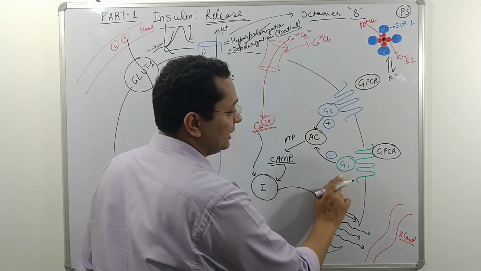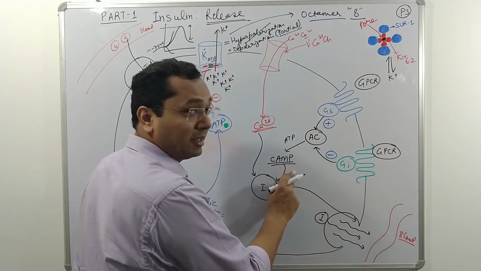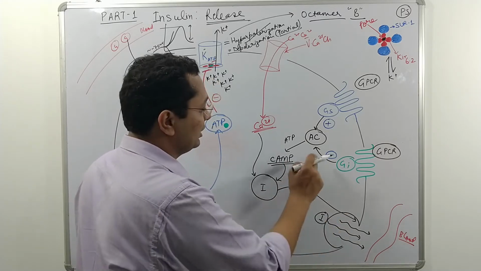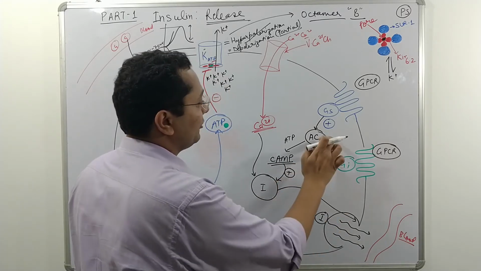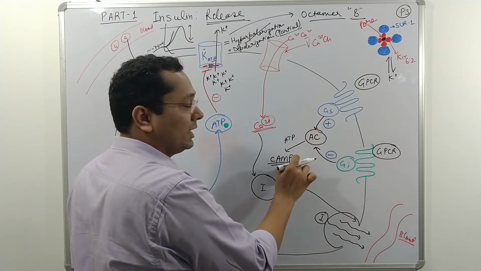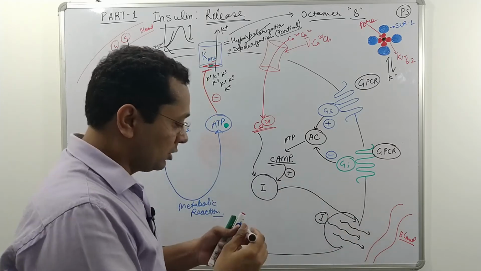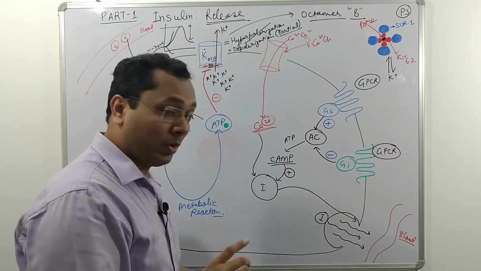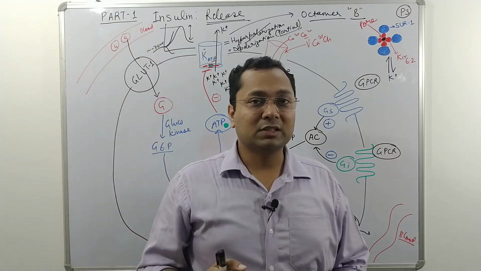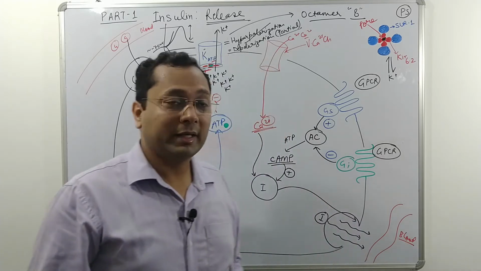So if there is a reduction in intracellular cyclic AMP concentration, there would be inhibition of insulin release, and if there is stimulation, then there will be more cyclic AMP, and this cyclic AMP will lead to release of insulin. So now I would like to draw your attention to one more important thing, like during stress conditions our body requires a high amount of glucose, correct?